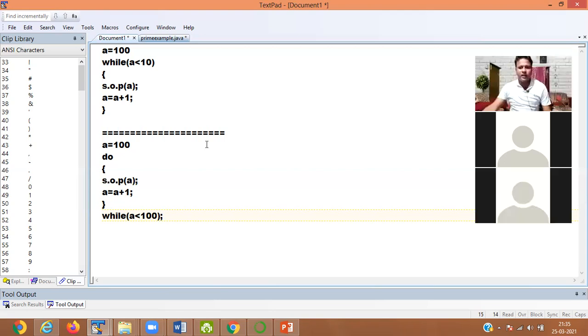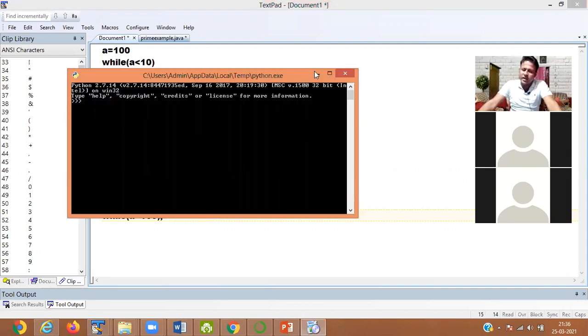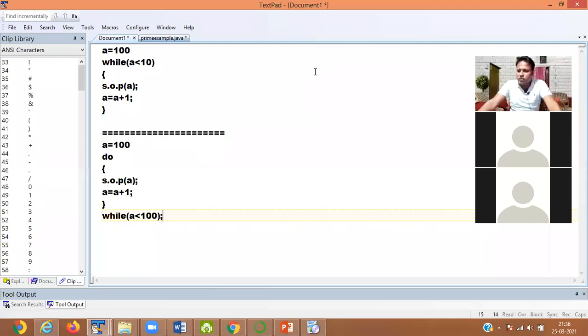So when your condition becomes false, at that timing, at least one time your statement is executed. The difference between your while loop and do while loop is what? If the condition is false, at least one time the statement is executed.